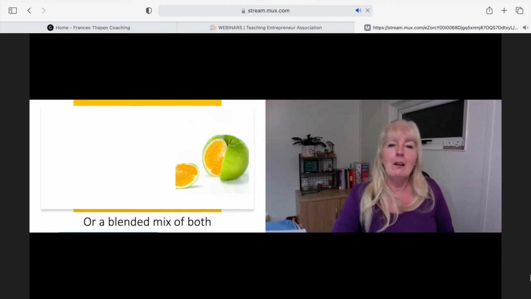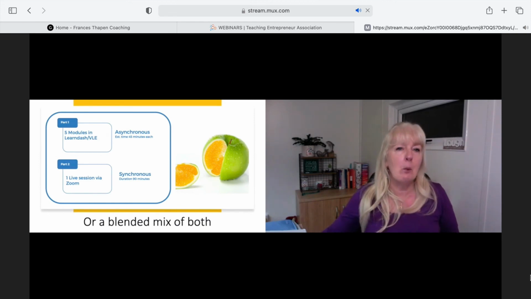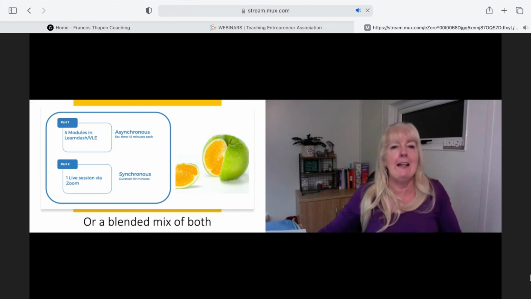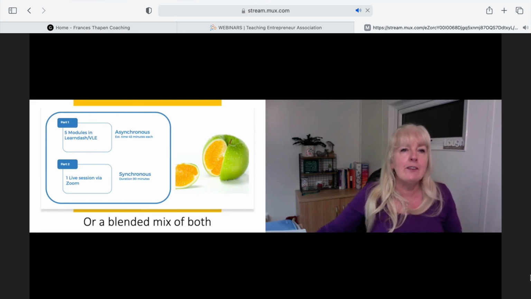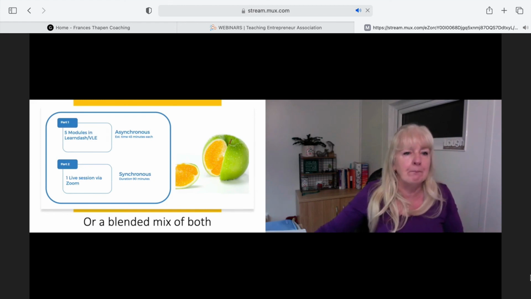So what I propose here is, imagine you do a class where you've got asynchronous modules. I put 5 here, but it doesn't have to be. It could be 3, could be 10. You ask students to spend maybe 45 minutes on each one.